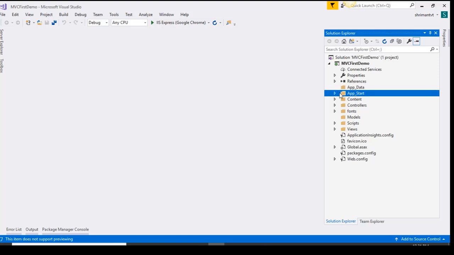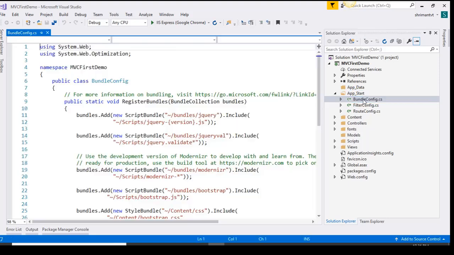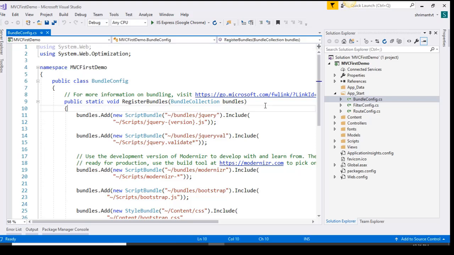The second one is App_Start. If you expand this, in App_Start there are three files: first BundleConfig.cs, second FilterConfig.cs, and RouteConfig.cs. The BundleConfig is used for bundling files like JavaScript files, CSS files, or Bootstrap files. If I need to create one bundle for the JavaScript files, it will create one JavaScript related bundle, and we can use it in the